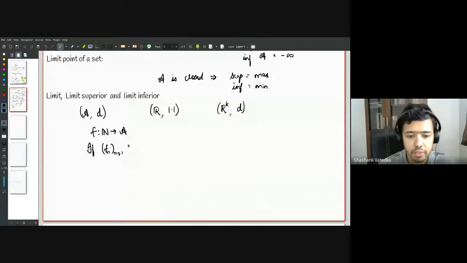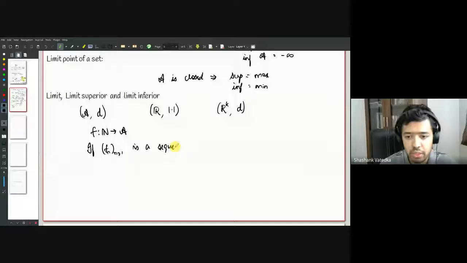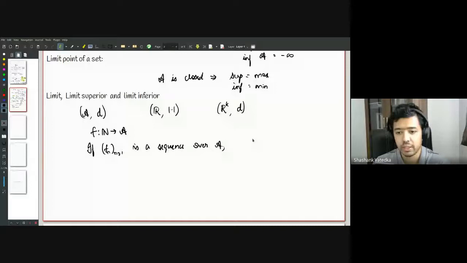So if f_n is a sequence over A, then we say that f_n converges to some a, or the limit as n tends to infinity of f_n is equal to a if the